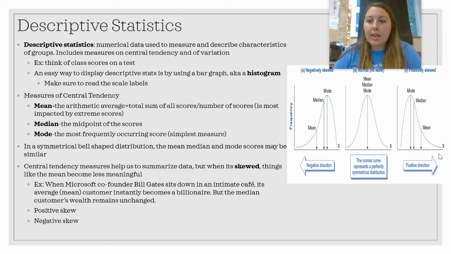Like, let's say, for example, the mean on a test we took in a class was 70%. But there were a lot more lower scores. That would probably be a negatively skewed test. So yeah, you will need to know what these look like. So negative skew has the tail going towards zero. Positive skew has the tail going away from zero. And this is a normal curve.